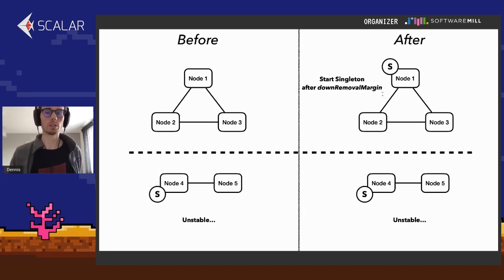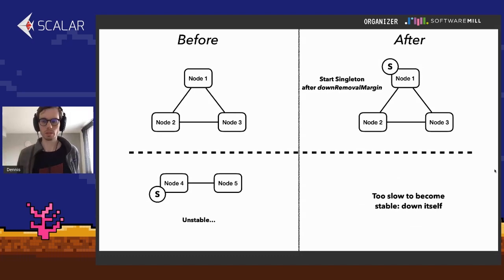And you have a split brain, at least for some time, until it becomes stable, and that side will down itself. So the way this is solved is, at the first occurrence of an issue in a cluster, a timer is started. And if the timer gets hit, that means that's the earliest time, or a bit before the earliest time,